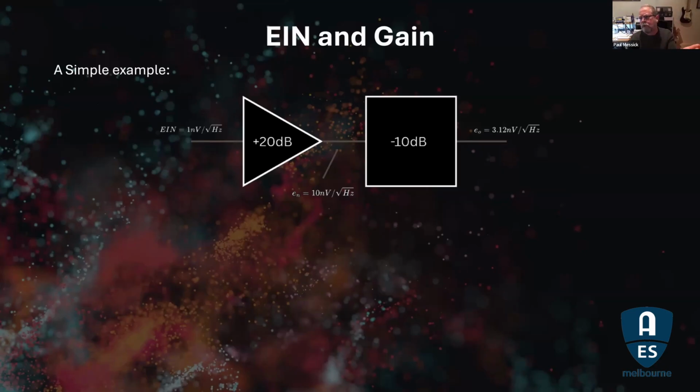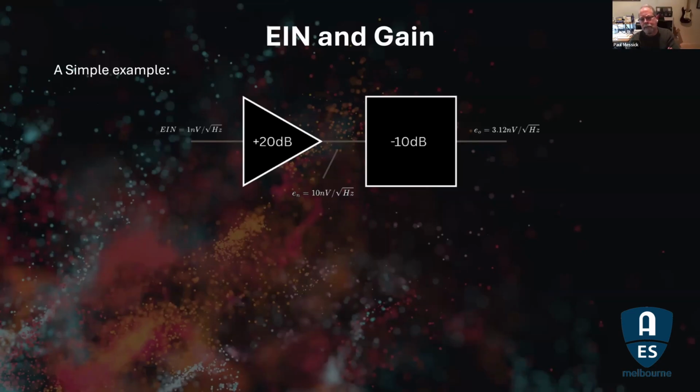Do you put the amplifier first and the pad second, or do you put the pad first and the amplifier second? This is an important question because if you look at a mic preamp, for example, there's often a button on the front that says 20 dB pad. And that 20 dB pad is on the input of the mic pre, just like, as I'll show you in a second, and where that's located will have an effect on the quality of that mic pre. So here's our fictional amplifier here. It has an EIN of 1 nanovolt per root hertz, so it's pretty darn good.